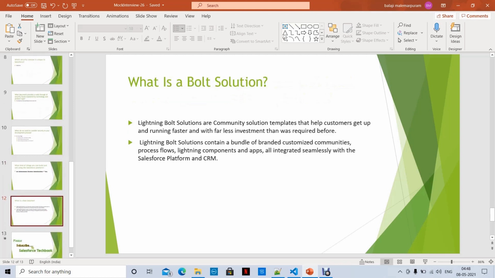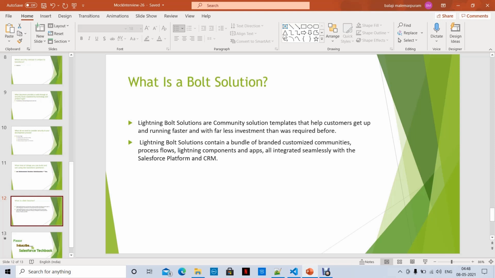What is a bolt solution here? Usually Lightning Bolt solutions are community solution templates. They help customers get up and running faster and with far less investment than was required before.